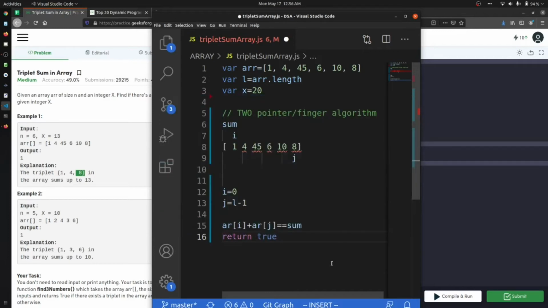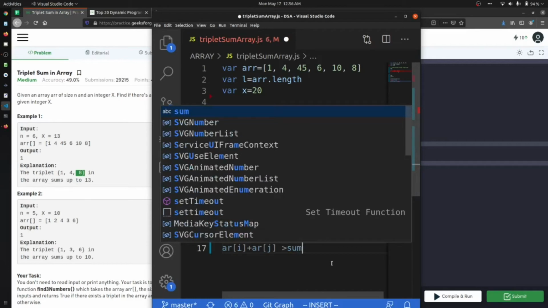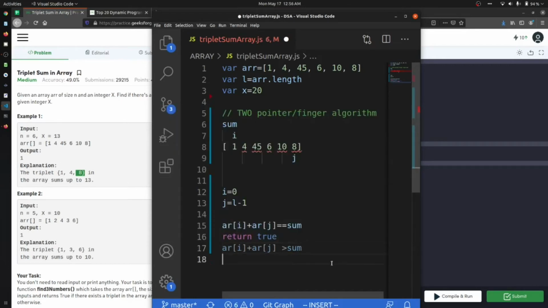If it is not equal to sum, we check whether array at i plus array at j is greater than sum. If it is greater than sum, then we decrease the index at j. If we add up 1 and 8, it gives us 9, and let's say that we want 7.